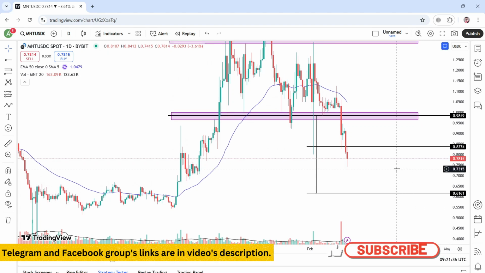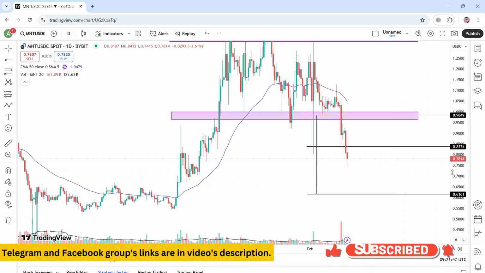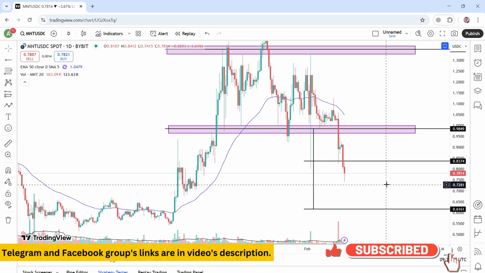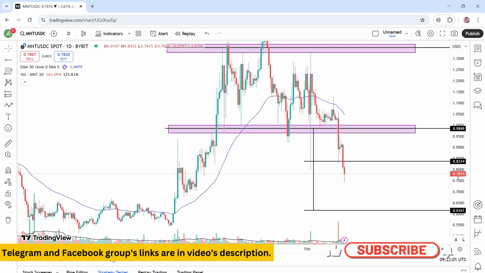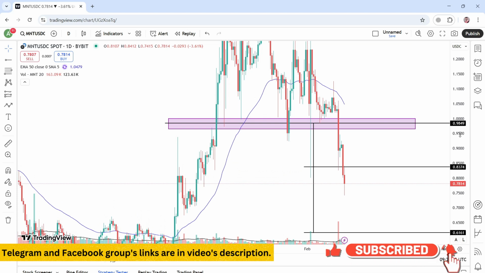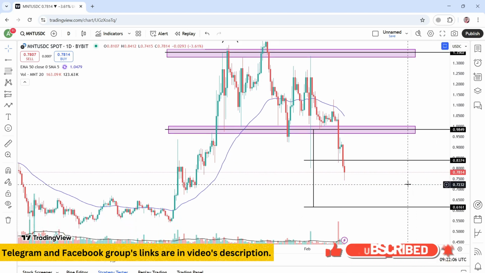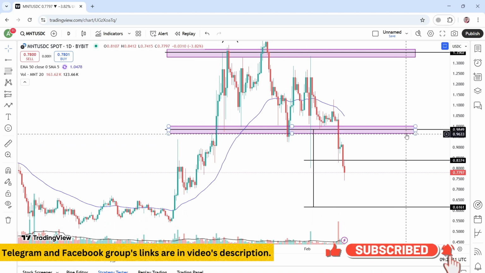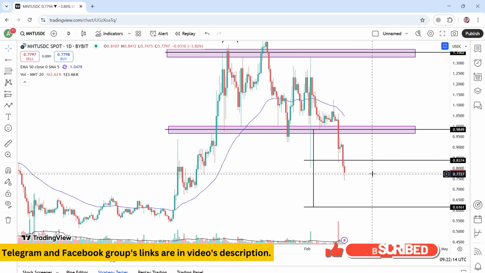0.9849, and as this coin is moving in its downtrend, our main strategy will be sell on strength, and that strength level is also 0.9849. As this coin is moving in its downtrend, I will not recommend you to go for buying into this coin until it is confirmed that this coin has started its uptrend. We will get the initial confirmation that this coin is going into its uptrend when it gives closing above 0.9849. So this 0.9849 is a very crucial level in this coin, so you need to keep it in your mind